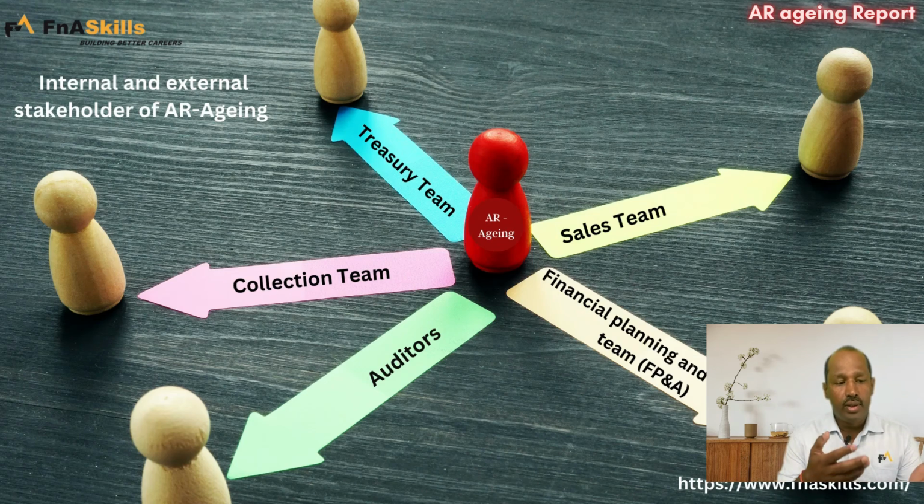Also, there are many stakeholders in FP&A, the financial planning and analysis team. There are also auditors who may need various kinds of information insights. So basically I just talked about four to five different high-level categories of stakeholders: the collection team, the treasury team, the sales team, the internal finance team and the auditors. So this was a basic overview of the accounts receivable aging report,